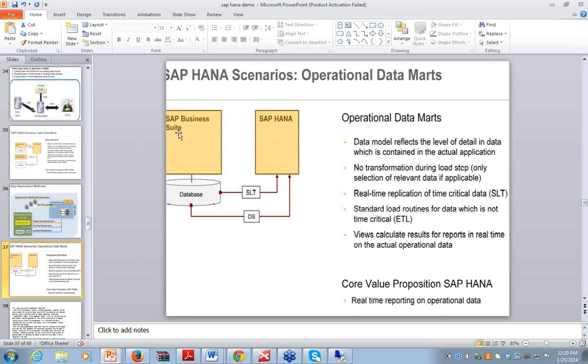That can be SAP ECC, any SAP Business Suite application, SAP ECC which is a transaction system, SAP CRM, PeopleSoft, JD Edwards, or any other OLTP system, a Java application, a .NET application. Basically, we need operational data. Maybe we don't require much ETL here, but we require more detailed level data, data at document level, data at item level, operational data as real-time data. So once